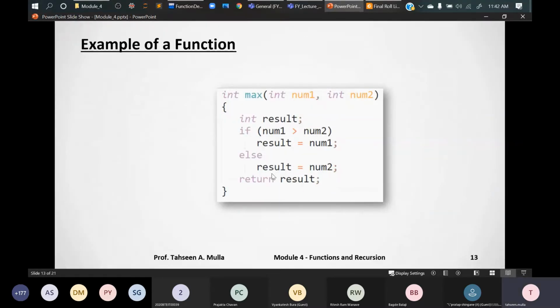This is a simple example, right? This is your data type as returning. This is your function name, and these are your parameter list, right? This is the body of a function, and this is the logical code which we have divided into a function, right? So my function name will be max, right? So depending on my parameters, my function will be executing.